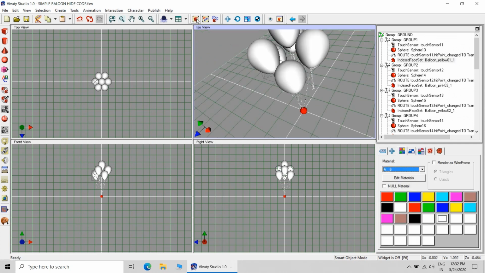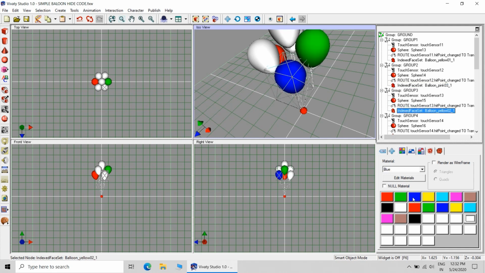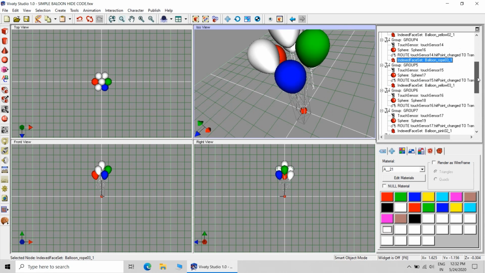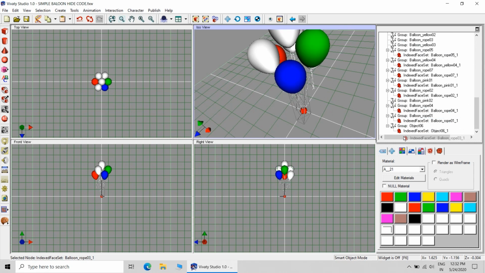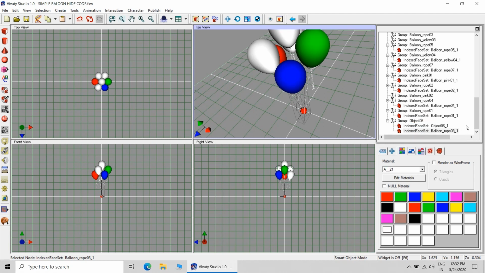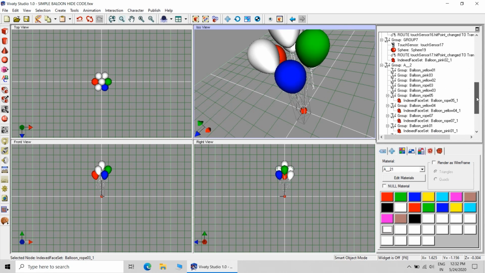Now we will be giving color to the balloons so that they can be easily identified. This is correct. This is also correct. That's absolutely correct. This is again a rope, which is not required.